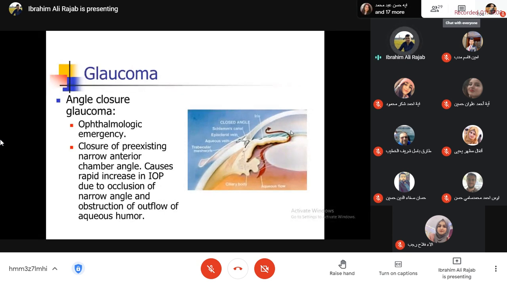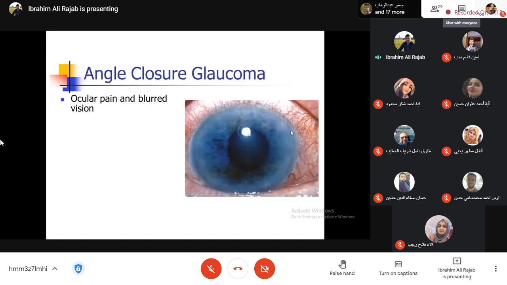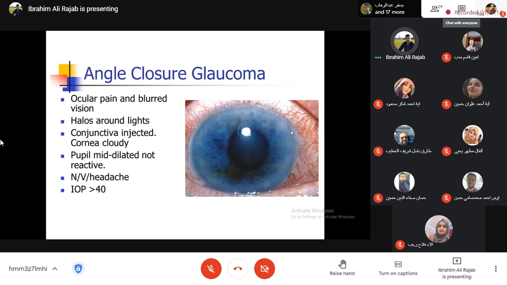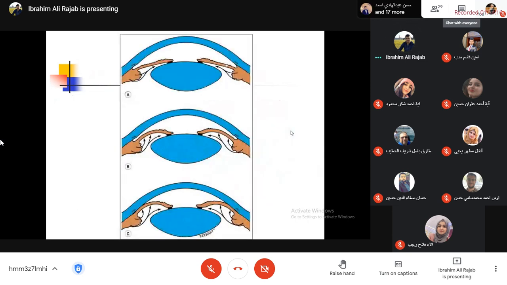So the aqueous will not be drained. Let's look at the pathogenesis. In a predisposed patient, not me and not you, just a predisposed patient, for example a patient who has a short axial length,